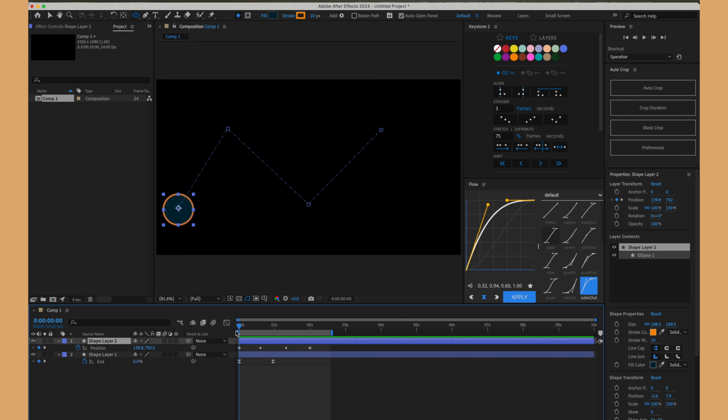So what we have to do, basically we have to select either of these, whichever is easier for you. Let's say, do it with the position. Select all the keyframes of the position, go to the first keyframe. You can use these arrows to go back and forth between the keyframes. Make sure you are at the first keyframe. Hold alt or the option button, make sure you have selected all the keyframes, you are at the first keyframe, and then hold alt or option button and drag this to the time where you want to end the path